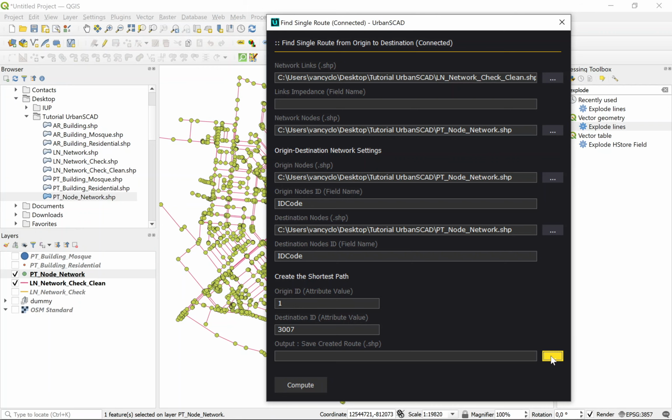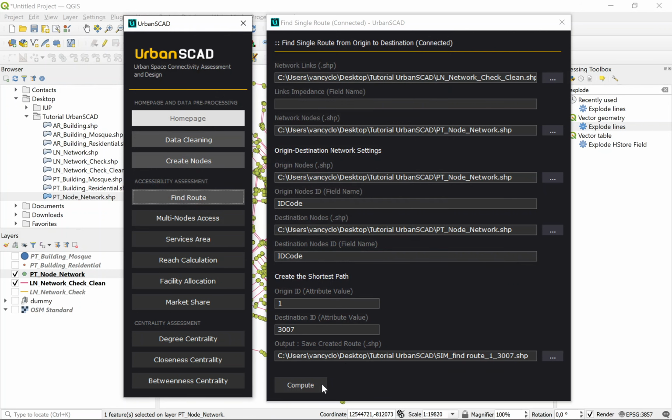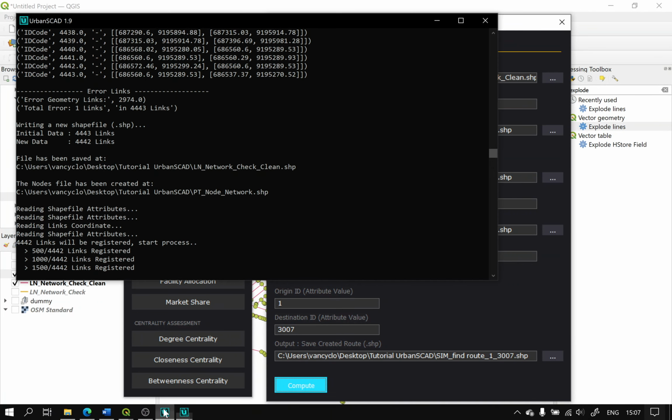Okay, output, for example, simulation find route, simulation find route sat. Okay, save. We can click compute.